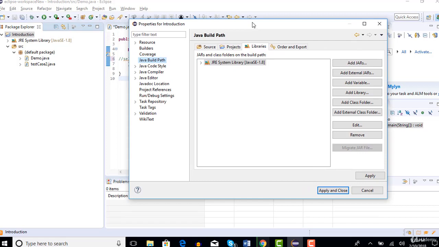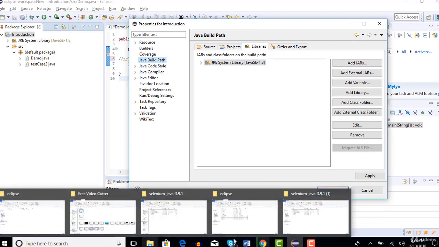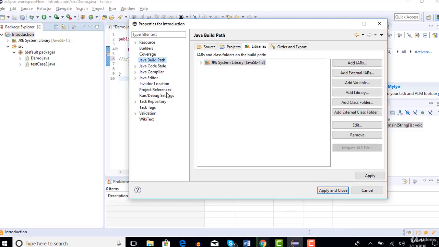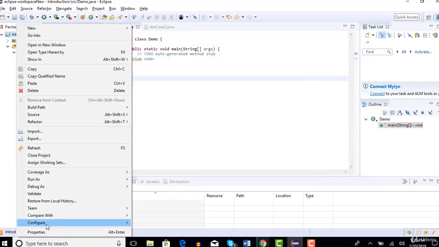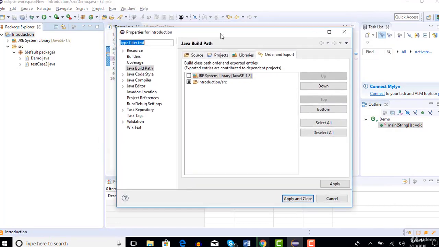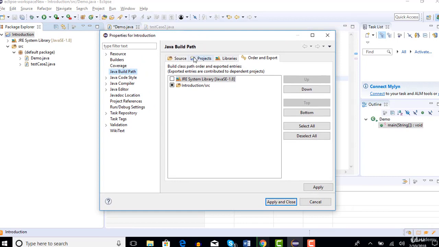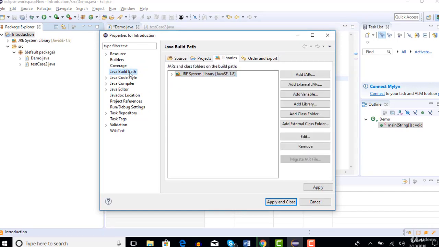So basically, if you import all your Selenium jars which you downloaded to this place and click on apply, automatically all these jars will be applied to this introduction project. That's why I am right clicking on this project and setting up some jars to this project. Basically we are pumping up this project with Selenium knowledge. We can do that by simply importing the jars which we downloaded, in Java Build Path.